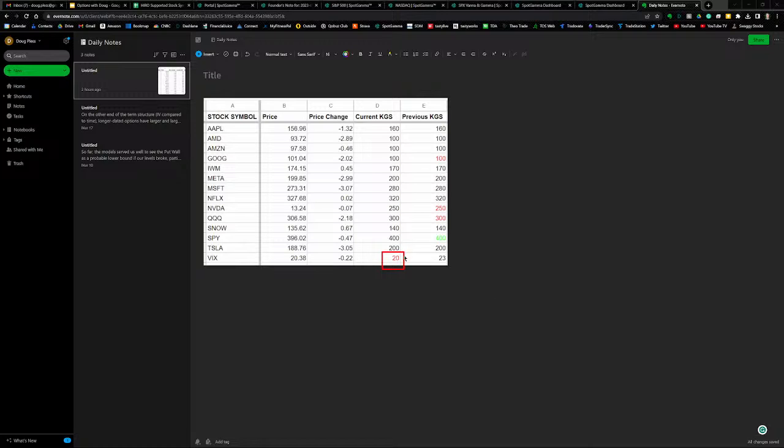Also, red indicates that that number decreased from the previous day. Here, this is for VIX, noting that the current key gamma strike decreased. I typically note that as bearish for an instrument. But for the broad market, with the key gamma strike dropping for VIX, that's somewhat bullish. So the thing to note here is that other than VIX, there's no change. Not a lot of conviction, and that's the way I approach the day.